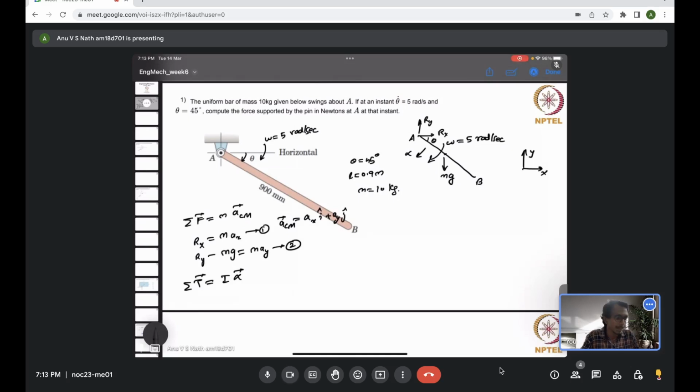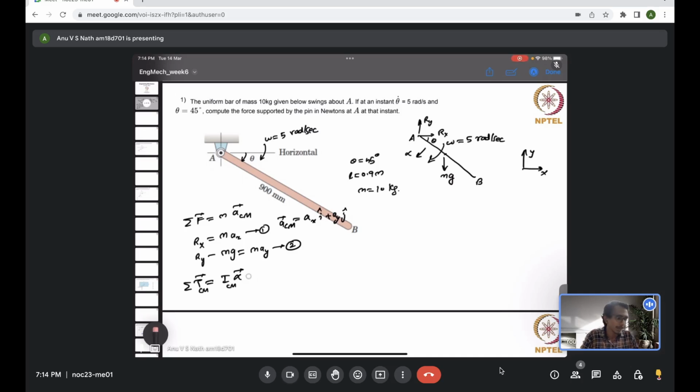Now you might have watched the lecture videos where the professor told you it's better to take the total torque or total moment acting about the center of mass, so that the moment of inertia about the center of mass times alpha. So this you can follow. So I insist you to try this same problem using this formula,